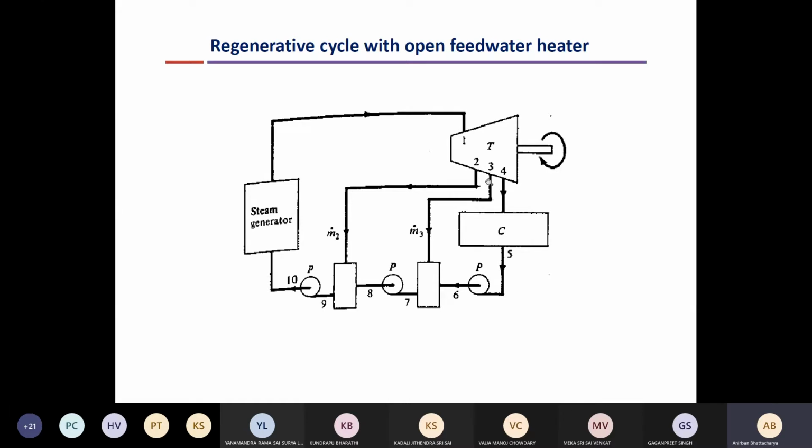Okay, so if the pressure here was a certain value, the pump increases the pressure of the feed water to the same value. So both these streams, this is steam, this is liquid water, enter the mixing chamber at the same pressure and they mix together. This is vapor steam, this is liquid water. Okay, so the vapor gets condensed and increases the temperature of this liquid water to the saturation temperature.